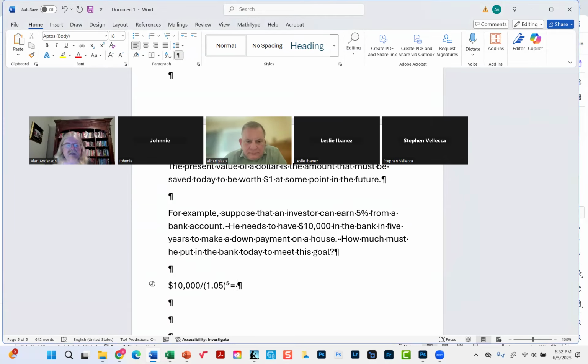Okay, so let's see what that is. $7,835.26, rounding it to dollars and cents. So if I put that much in the bank now, in 5 years, it'll be worth $10,000. So that means that 7,835 is the present value of $10,000,